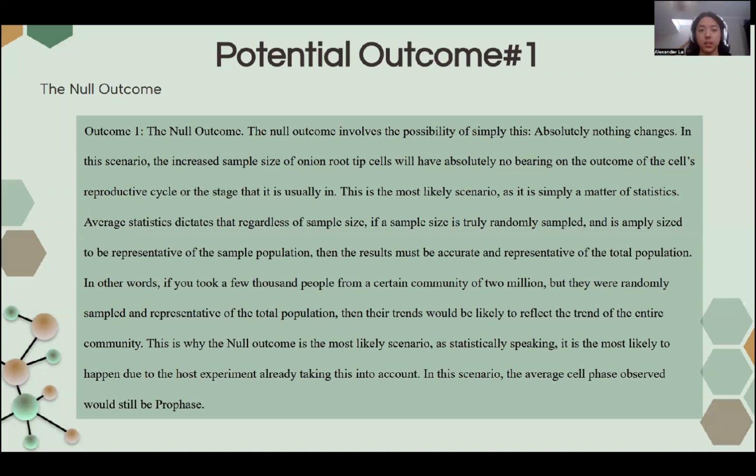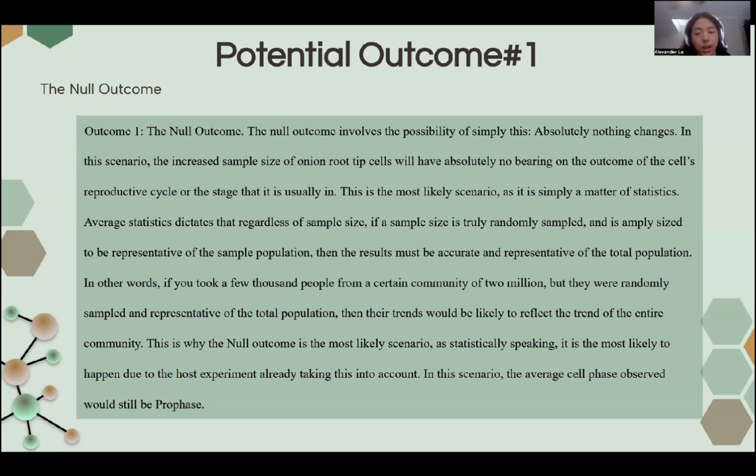Now, average statistics dictates that regardless of sample size, if a sample size is truly randomly sampled and it is representative of the sample population, then the results must and will be accurate and representative of the total population. To put it in an analogy, if you were to take a few thousand people out of a certain community of, let's say, total population of 2 million, but they were randomly sampled and deemed representative of the total population, then their trends would be likely to reflect the trends of the entire community or the entire population. This is why the null outcome is the most likely scenario, because the original experiment, statistically speaking, already took